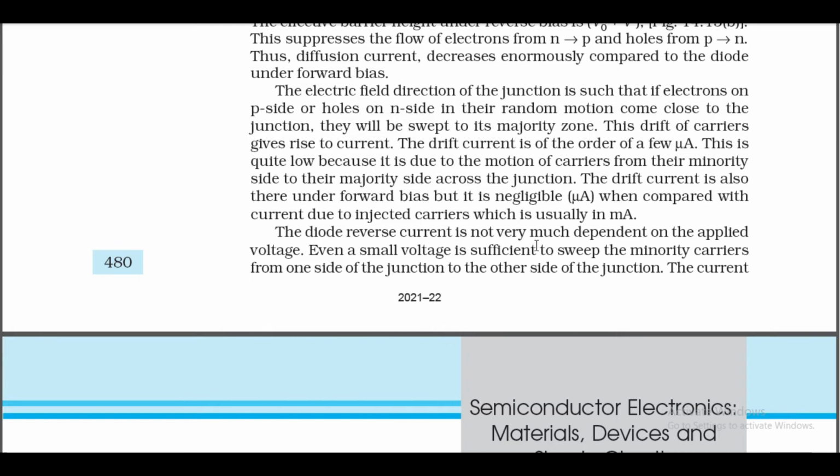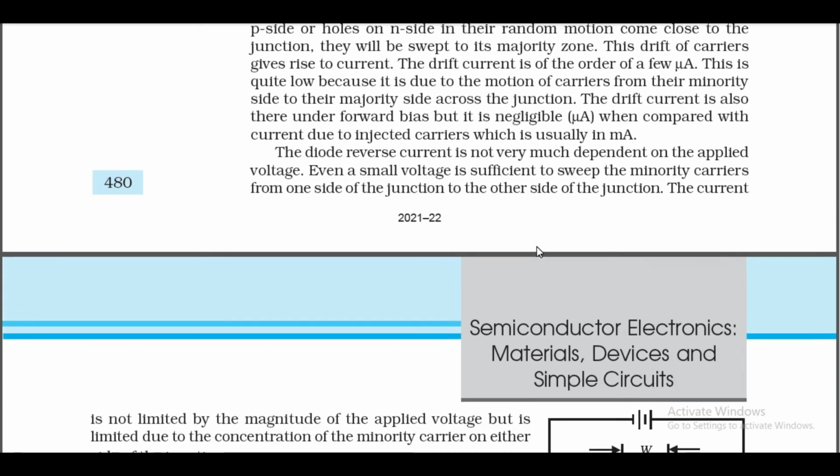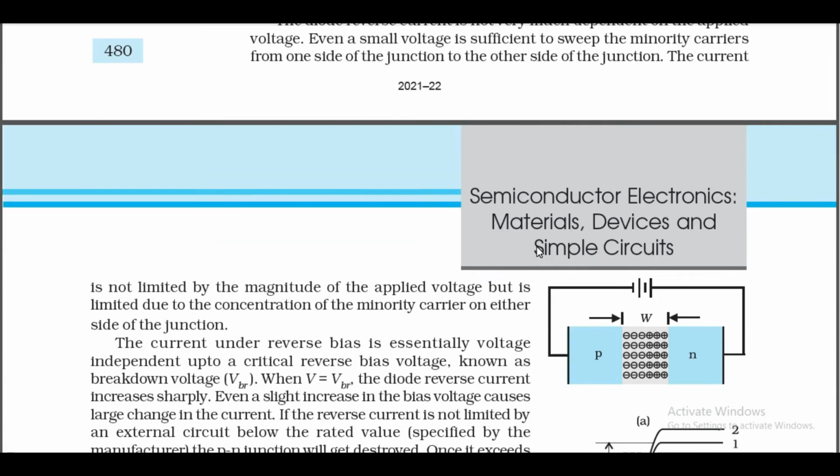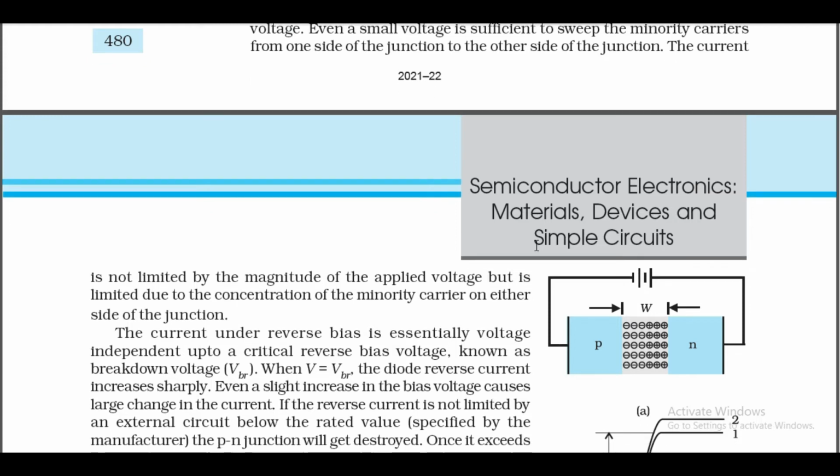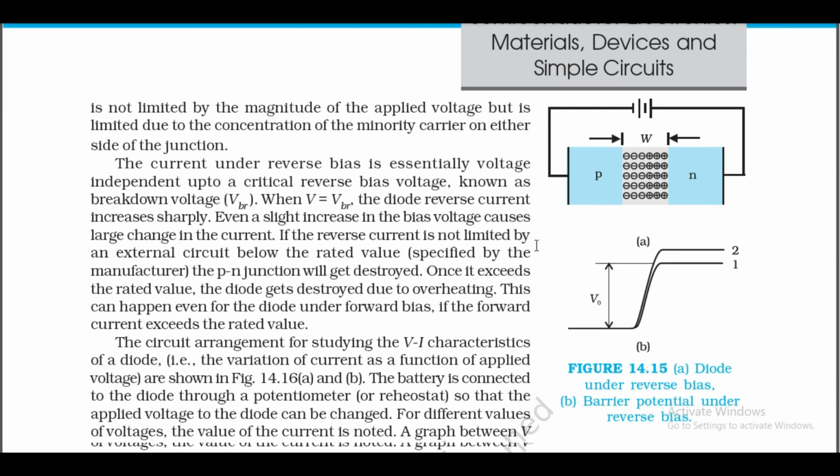The diode reverse current is not very much dependent on the applied voltage. Even a small voltage is sufficient to sweep the minority carriers from one side of the junction to the other side of the junction. The current is not limited by the magnitude of the applied voltage, but is limited due to the concentration of the minority carriers on either side of the junction. The current under reverse bias is essentially